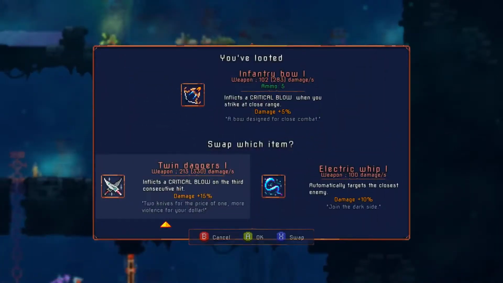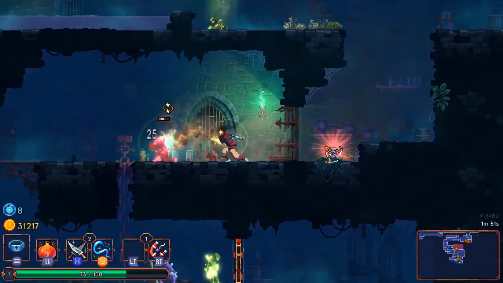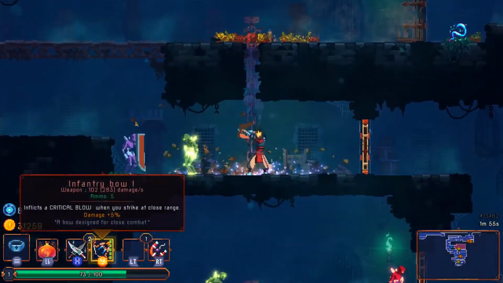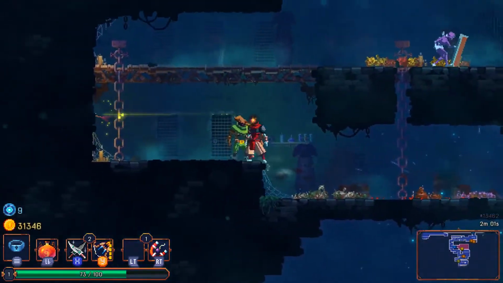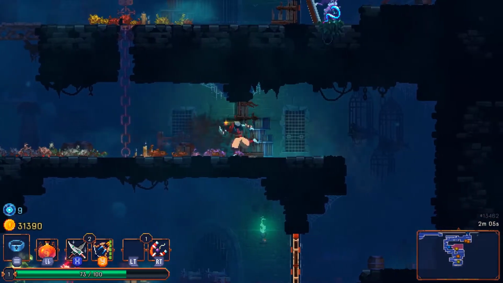I apologize for that. Alright, this one's free. I'll pass. Let's use the electric whip. You know what? No, I'm not going to pass, because that electric whip was deeply underwhelming. So this is the infantry bow, I believe, which does bonus damage if you're close up. A lot of ranged weapons have ammunition, so you may not...